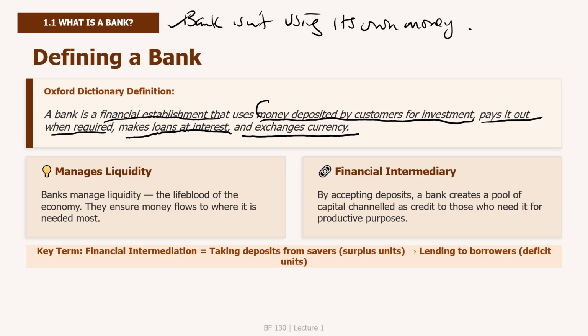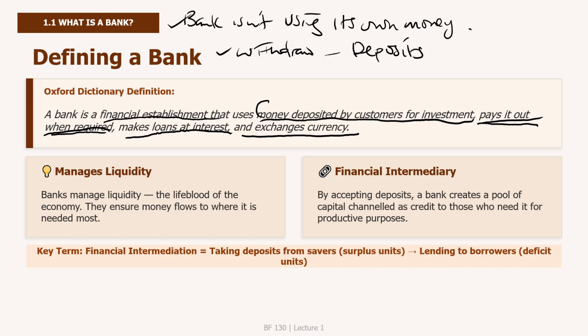And then we are seeing that it is also saying that it pays out. I think this is also very important. So it pays out these monies when they are required. Now that is profound, because what we are saying is that every time you want to withdraw your money, for example, you want to withdraw 200 kwacha from an ATM, you should be able to access your money. In other words, we are saying that deposits